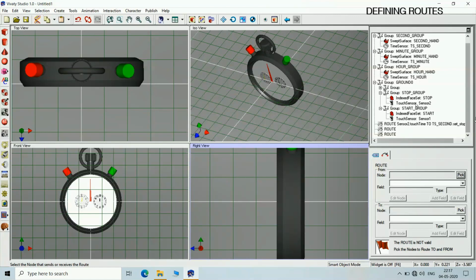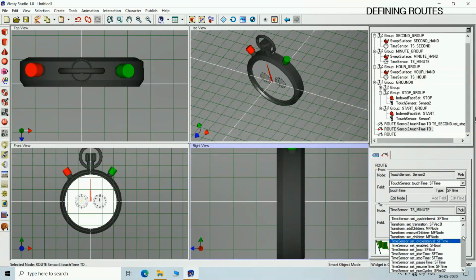Again select the stop sensor, SF time, and select the minute sensor. Set the stop time, SF time. Set stop time, SF time.